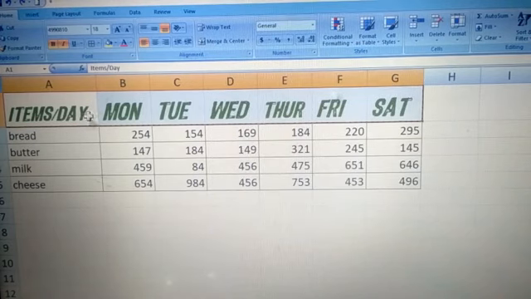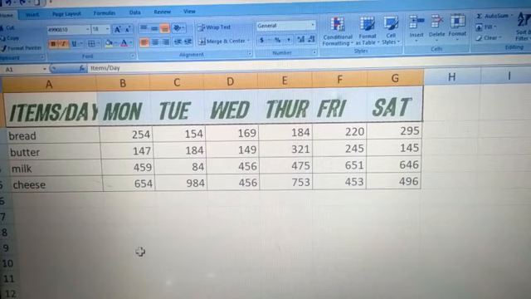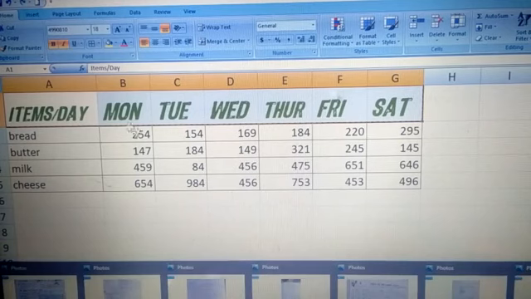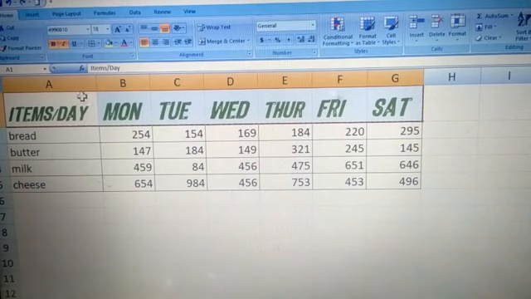Let me show you again. Undo and redo. Can you see the change between the text? Spacing has been decreased. Fine. So when you do wrap text, it increases the height of the cell. When you do shrink text, it decreases the space between the text.